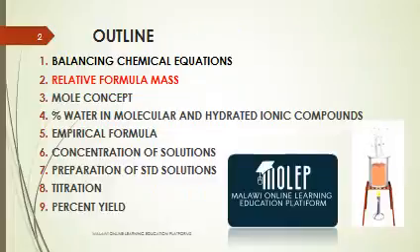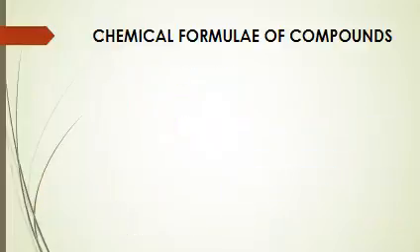Now, so this is our outline. As I've already said, this outline is based on our new syllabus. So we started with balancing chemical equations. Then today we are going to look at relative formula mass up to the end of this chemical reactions 1, which is percent yield. Now, before looking at relative formula mass, first of all, let us look at chemical formula